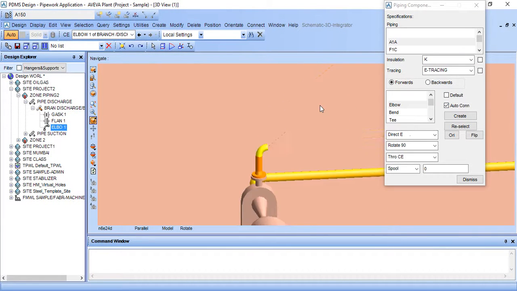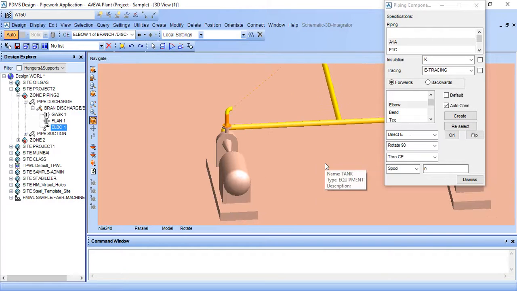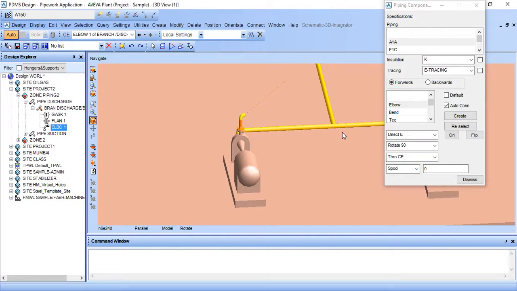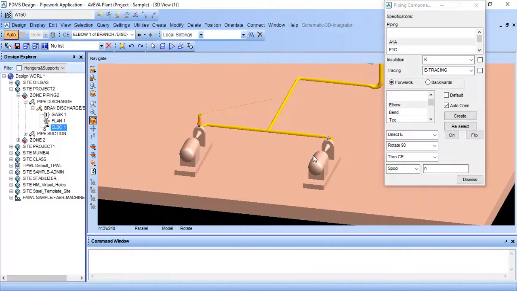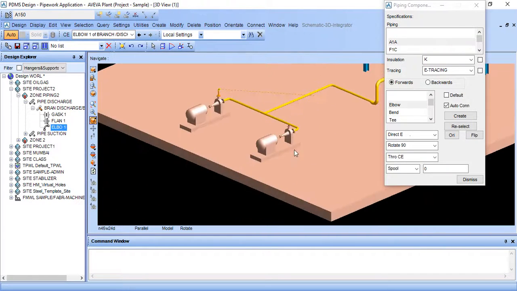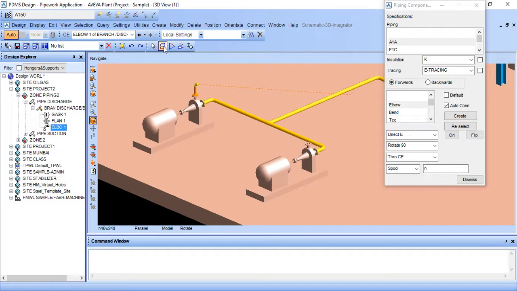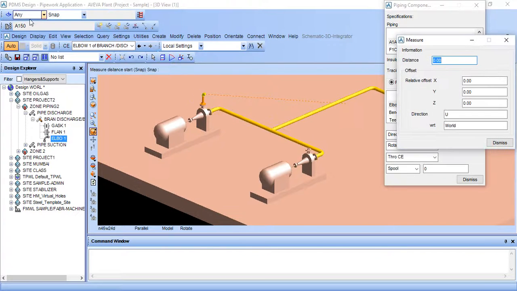So I want my T to be in the middle of both pumps. So I will measure the distance. Go to measure distance.